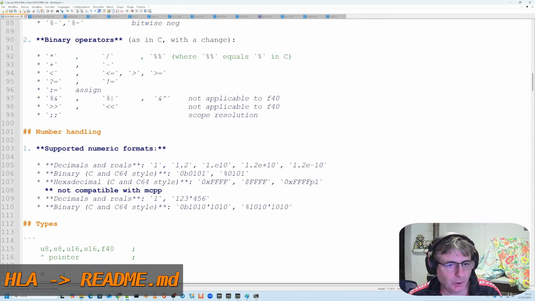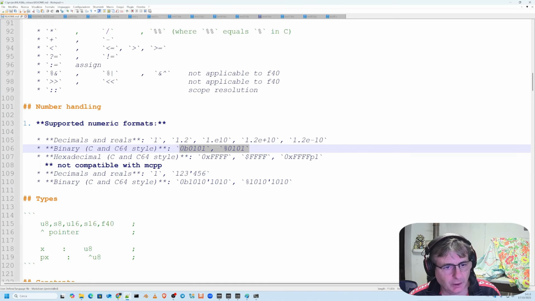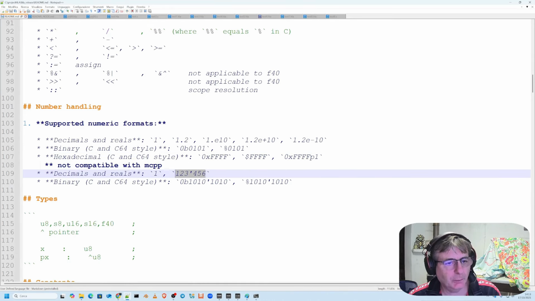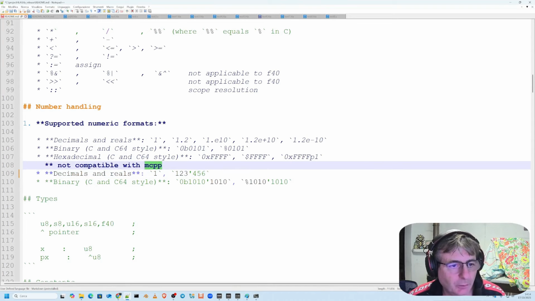Clearly, here we have the handling of decimal numbers with all the various types of extensions. You can see that binary numbers are managed with 0b and with the percent sign, and we also have an extension for numbers. But actually, this extension is used in C++14. So it is not used by C or by others, but I preferred to introduce it to better write the various numbers. It can also be used with binaries, but this option, like others, is not compatible with MCPP, which